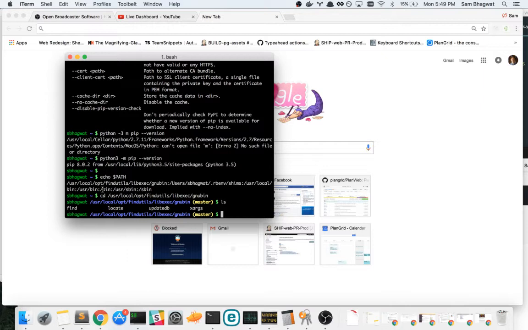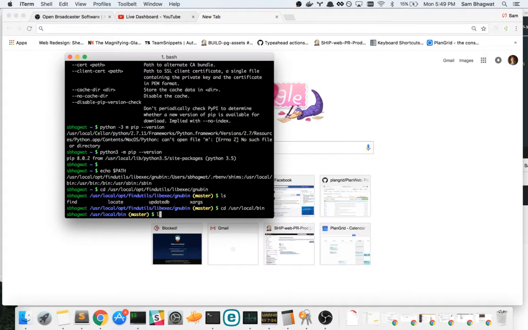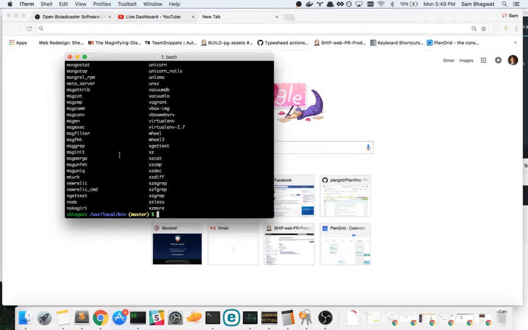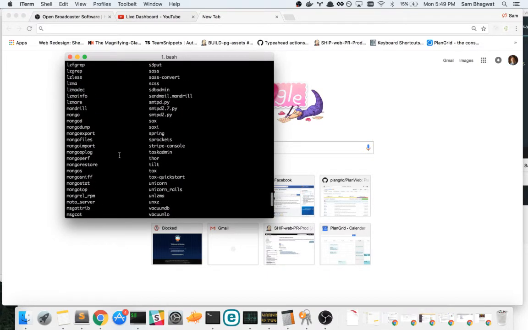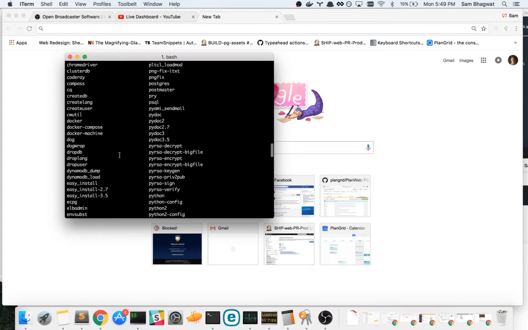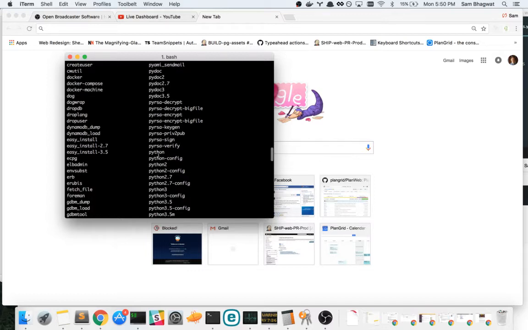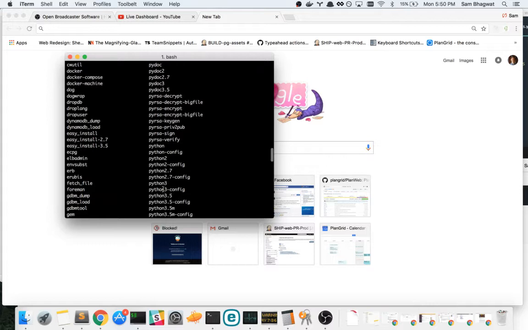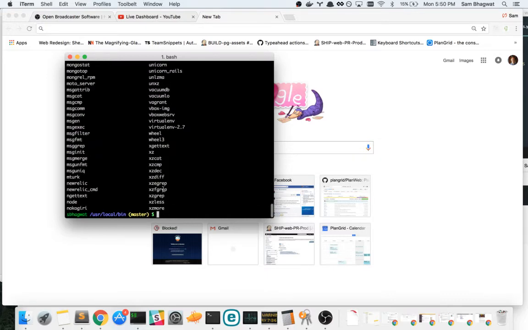Let's do cd /usr/local/bin, ls. And as you can see, these are all of the terminal programs that can run when you type them in. And my guess is, if we look in here, this isn't my computer, so I've never used it, but we've got Python, we've got Python 2, we've got Python 2.7, Python 3, Python 3.5, and as you can imagine, this kind of becomes a huge mess,